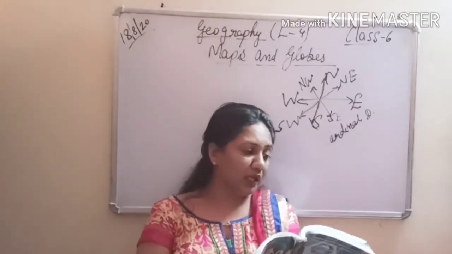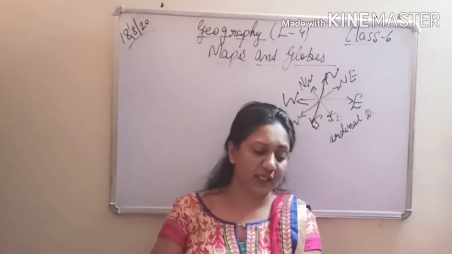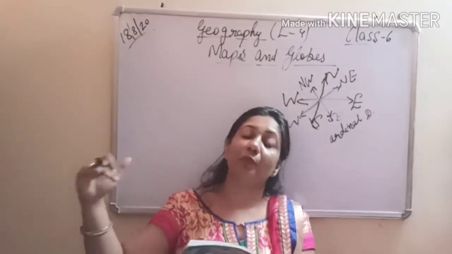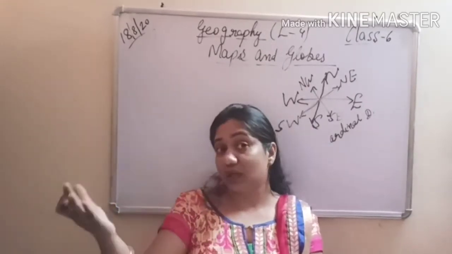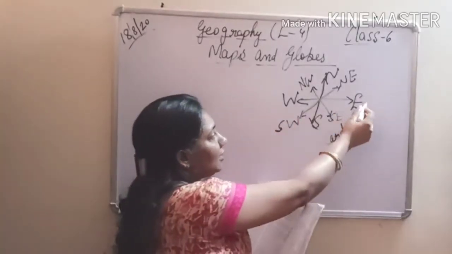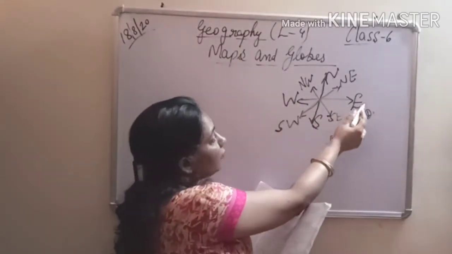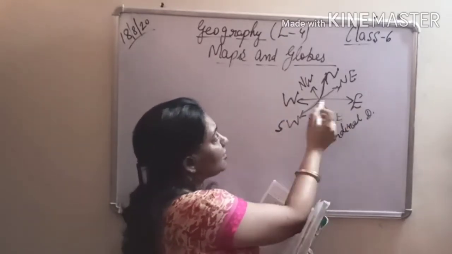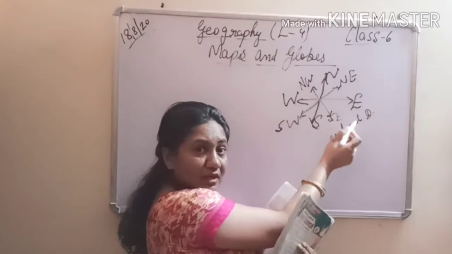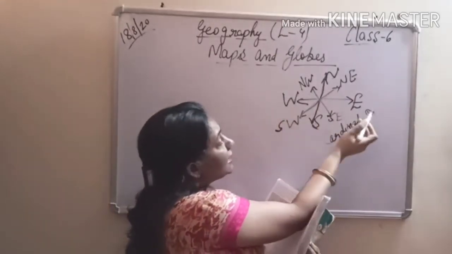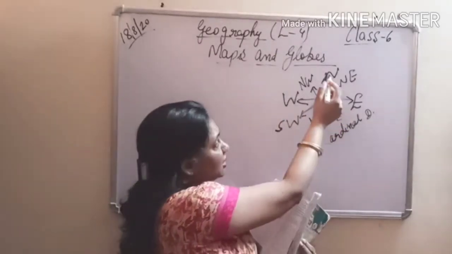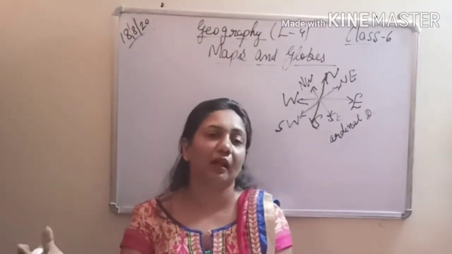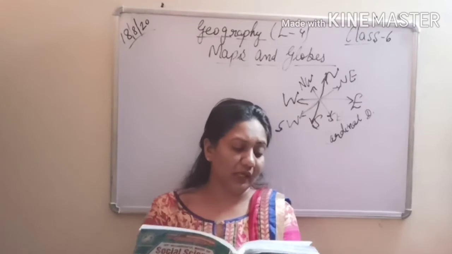As we know, the sun rises in the east and sets in the west. We all know, so they took the help of the sun because we know that the sun rises in the east and sets in the west. So if we know that, then two directions are known. With the two known directions, we can easily find out the rest of the two directions. So this way they took the help of the sun in olden times.